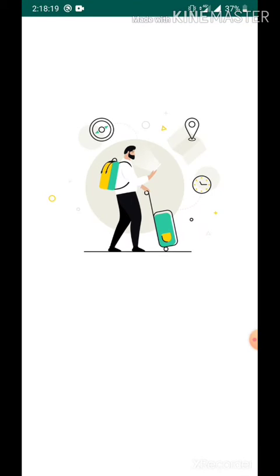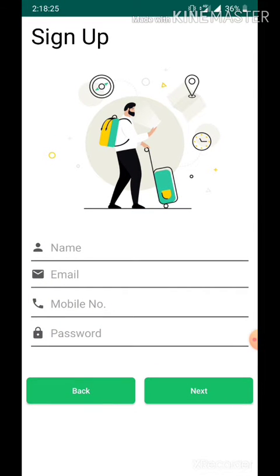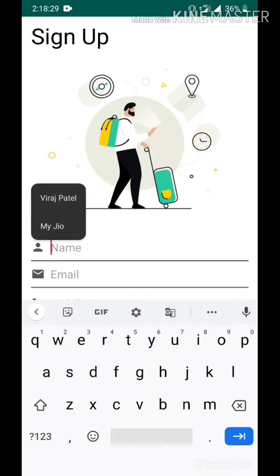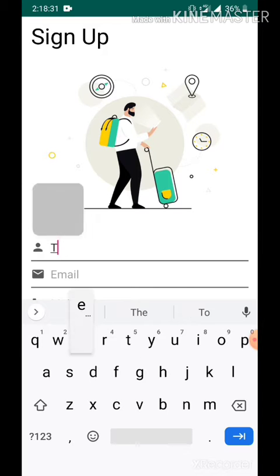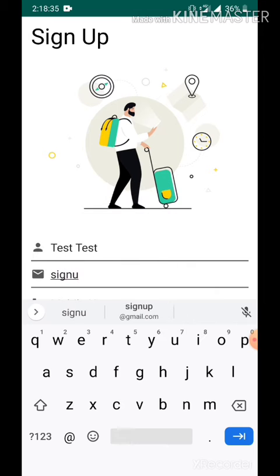I am opening it. This is the splash activity. It is shown for 3 seconds. This is our login page. This is the sign up page. Let's just create an account with name test, email sign up